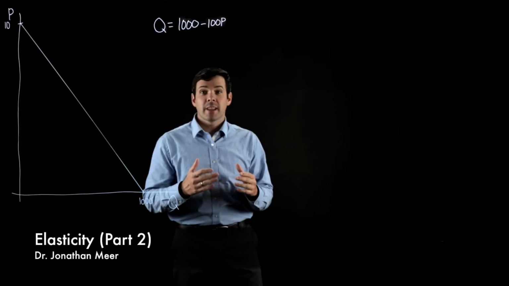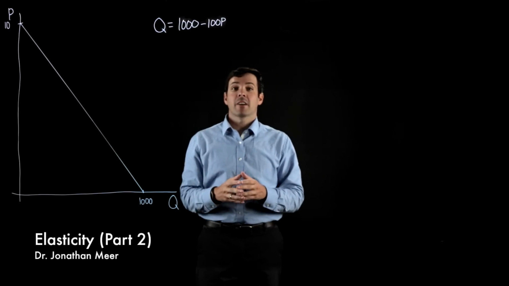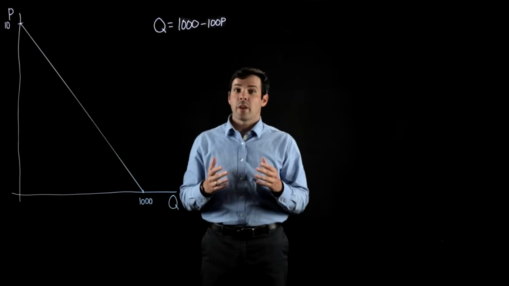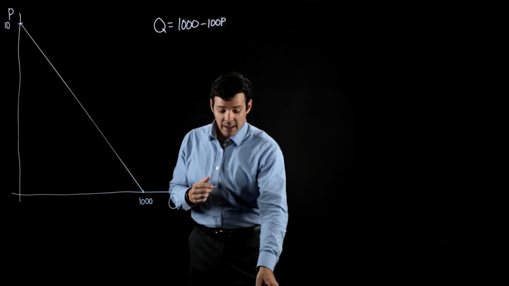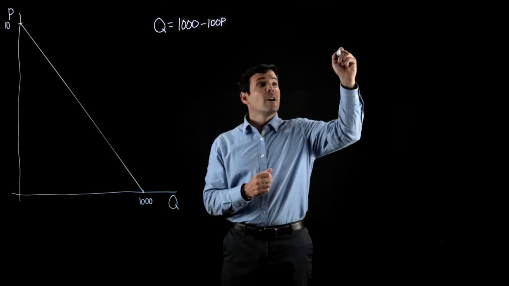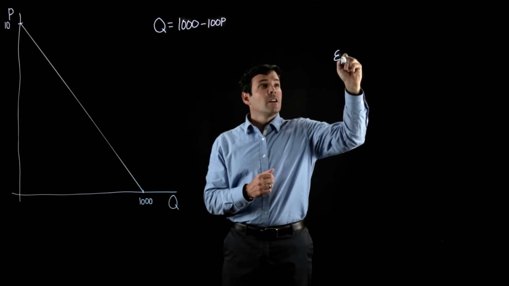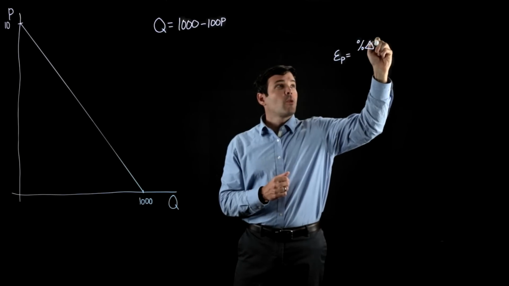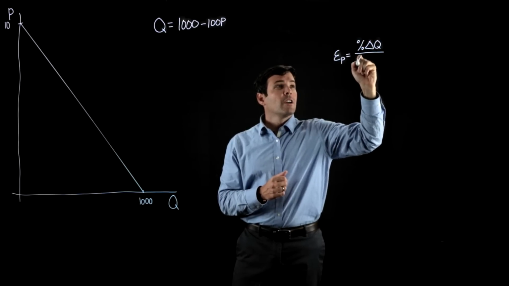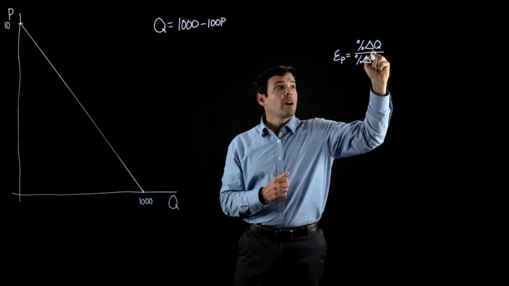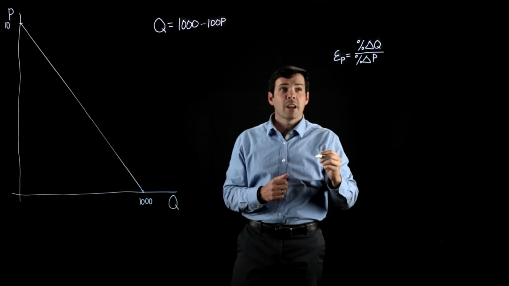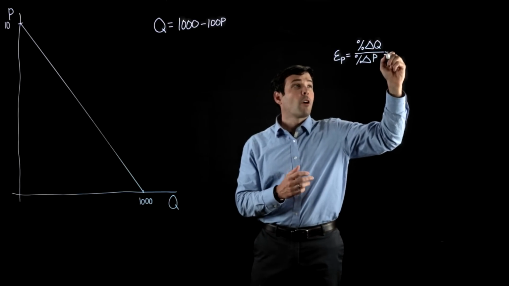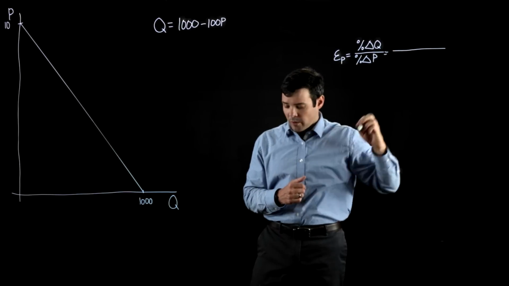Let's do an example of elasticity sticking with our market demand curve for pizza where Q equals 1000 minus 100p. And let's remind ourselves of the formula for the elasticity. Epsilon p equals the percent change in quantity over the percent change in price. And using the midpoint formula, or arc elasticity, we can write this out